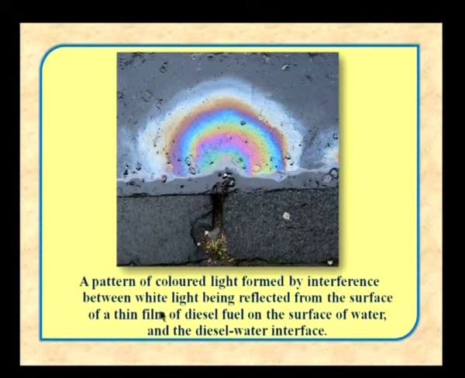On the surface of water, if some petrol or diesel falls on it, a thin layer will be formed, and that will give rise to coloration. Most of you would have seen it when you walked on the road, but you would not have cared to understand what it is. That is due to the so-called interference phenomenon.